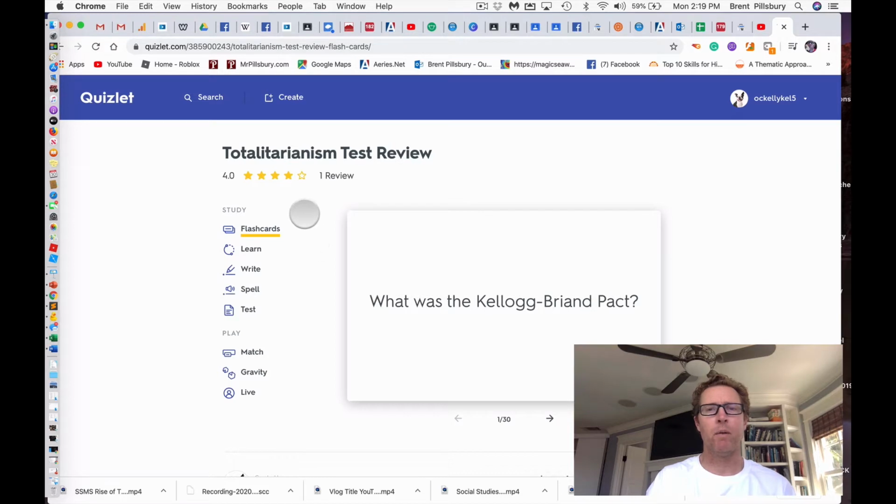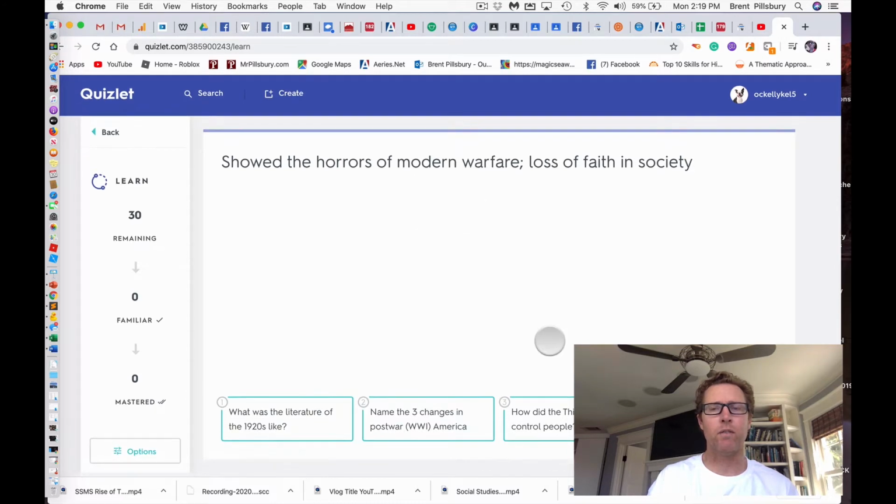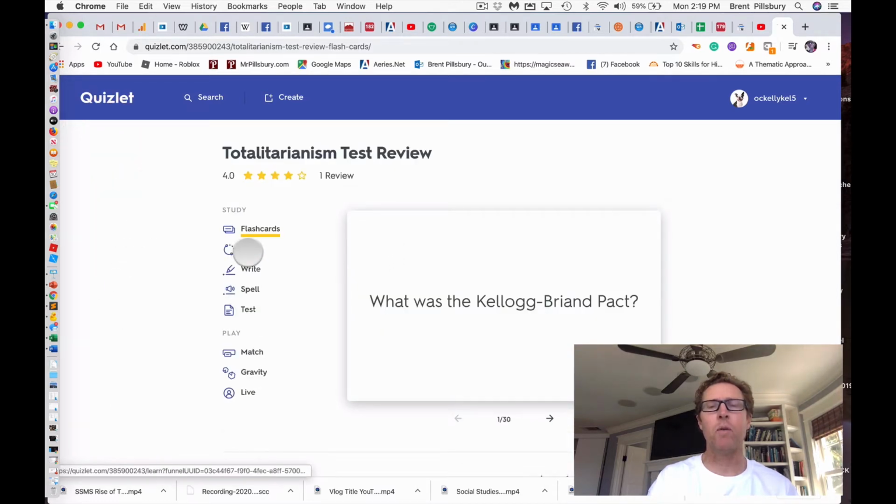It's perfect. But what's great is with Quizlet, and I forget if this is included in the Pro Edition or not when you purchase Quizlet, but they've got some of these cool games. So they've got Quizlet Learn, which is great. Like, this is just a quick review of how to understand something before you actually get into it. So I have 30 questions for them to do for this little Quizlet Learn game. So I'm starting with the Quizlet Learn.